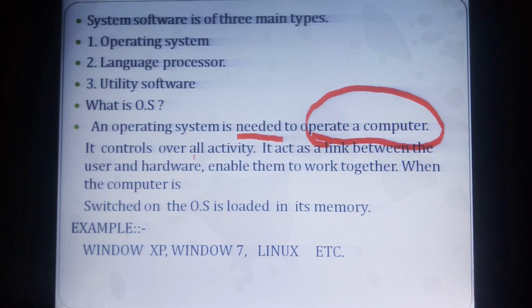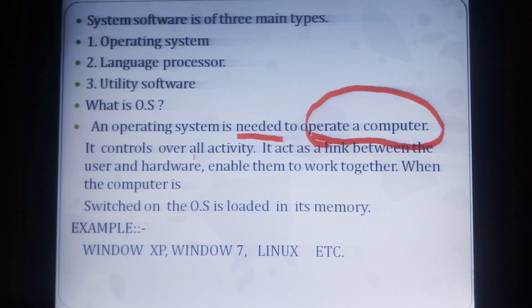So it acts as a link between the user and hardware. Suppose sister is there, I am there, and I have some problem. Where will I go? I'll go to the sisters. It means it is a link between. So Chinmay sir is a link between our principal and the class.